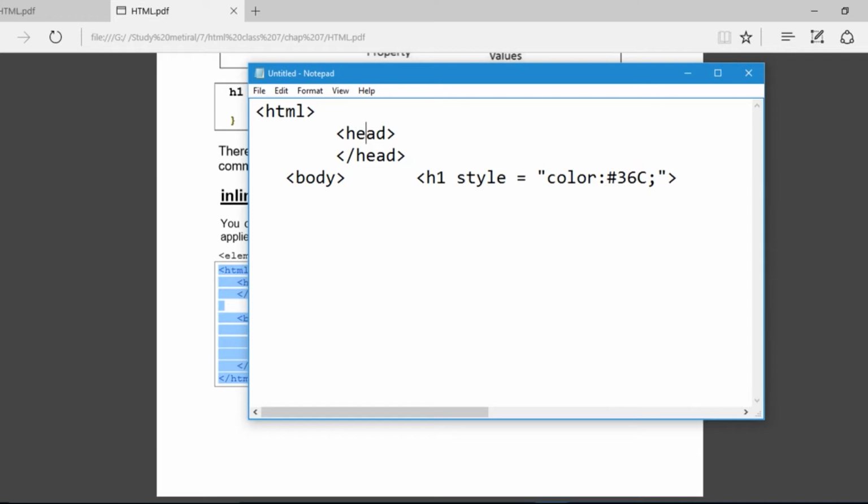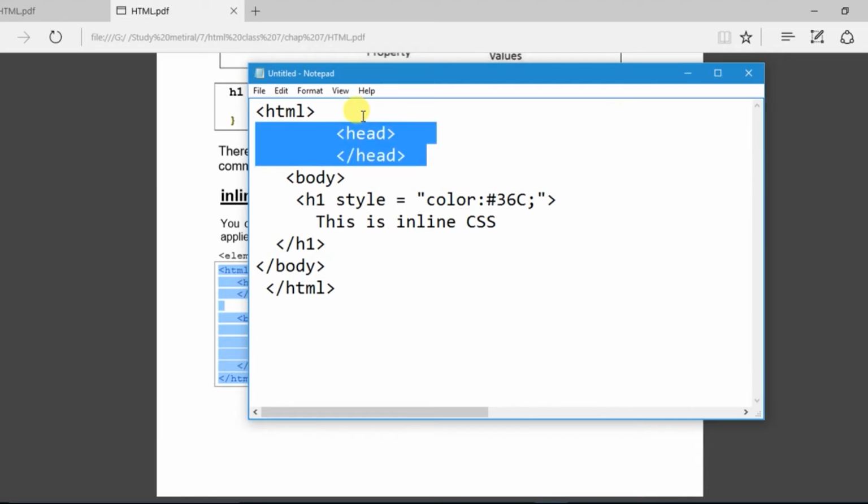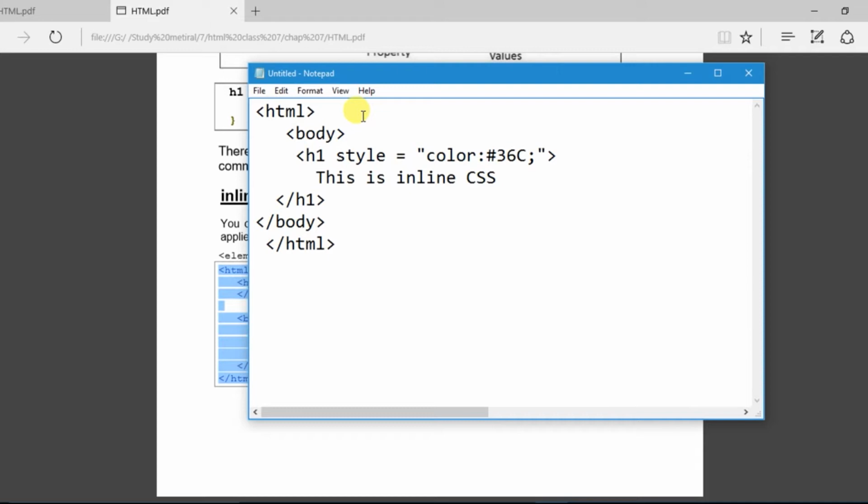If you wish to put it, you can, otherwise there is no compulsion. I'm removing the head now because I'm not using it. So HTML, body, h1 style equals color. Here I am passing the value of color as red and a semicolon.